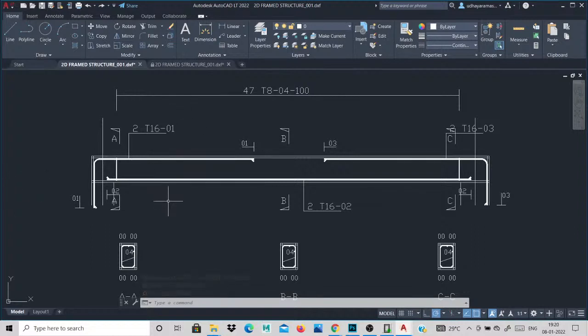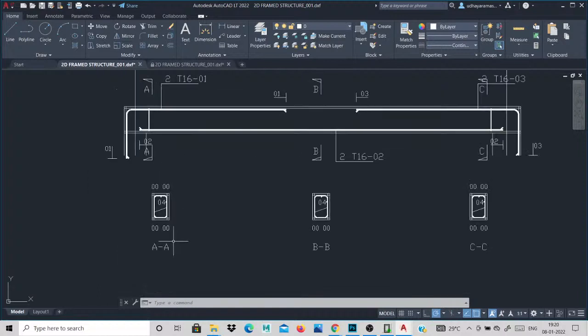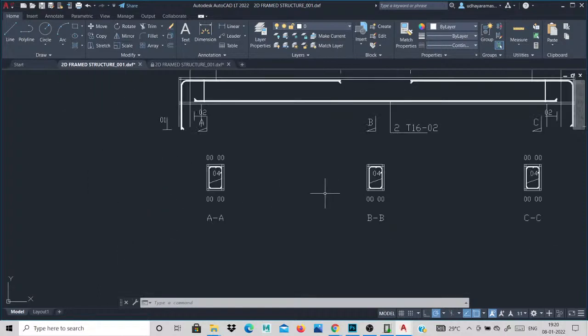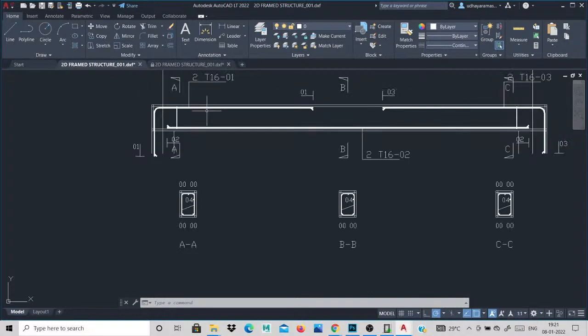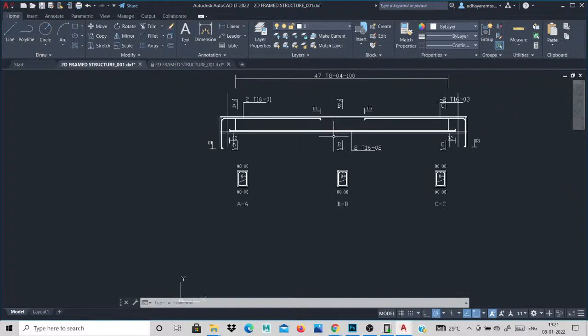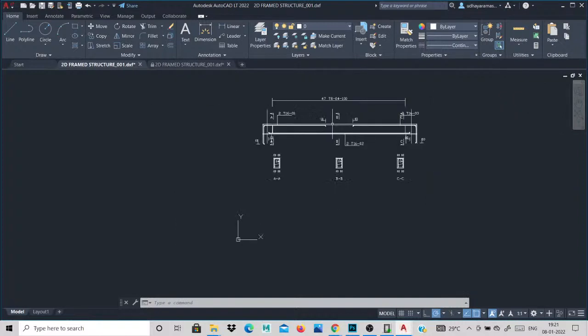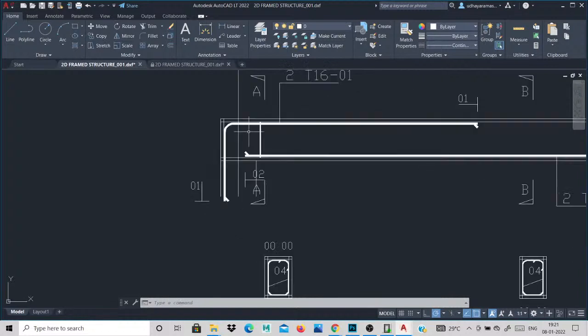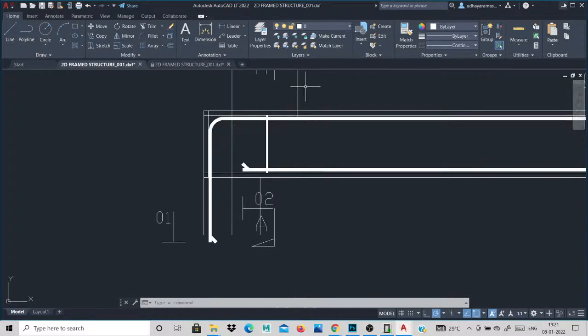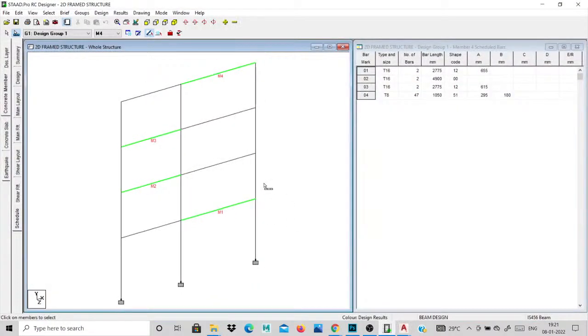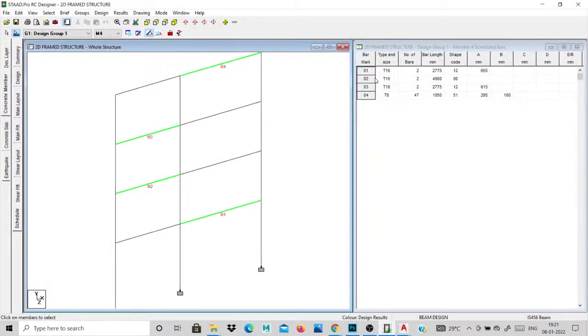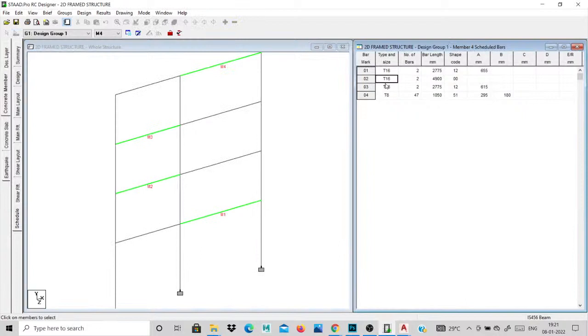This is AutoCAD. This is our cross section. This is a mid cross section. This is an end cross section. Automatically it provided extra bars at this end and this end. The bottom will be provided for this compression zone also. This is automatically taken into AutoCAD. The next one, this is a method for designing your beam detailing. See, this is our T16. All the 16 mm dia